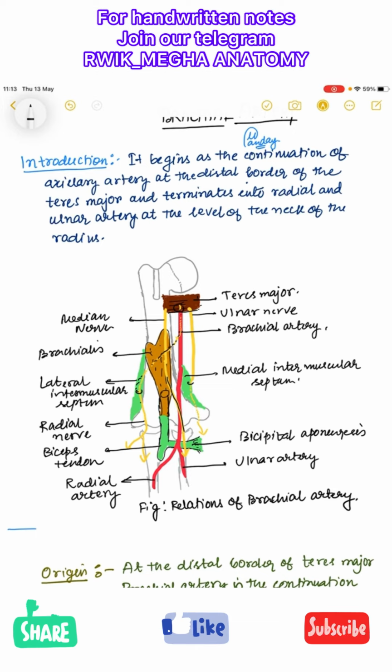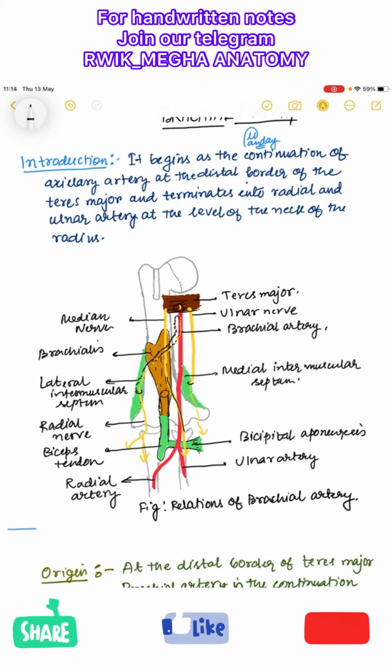The profunda brachii artery that comes along with the radial nerve emerges from the brachial artery on the proximal part, and then this goes along with this radial nerve, right? This is our profunda brachii artery. When we talk about this profunda brachii artery and the radial nerve together, we remember one space, that is our lower triangular space. And in the lower triangular space, there was one muscle that was forming one of the boundaries along with this teres major.